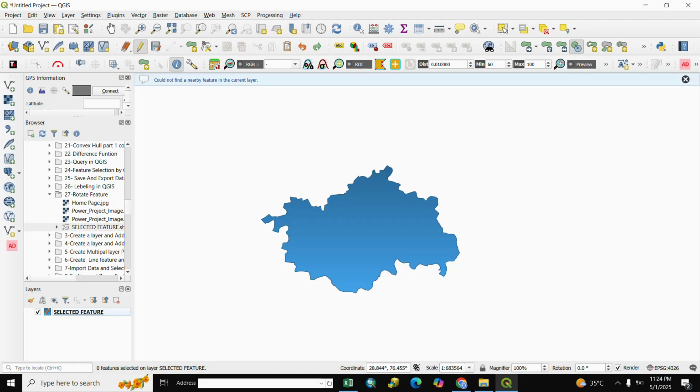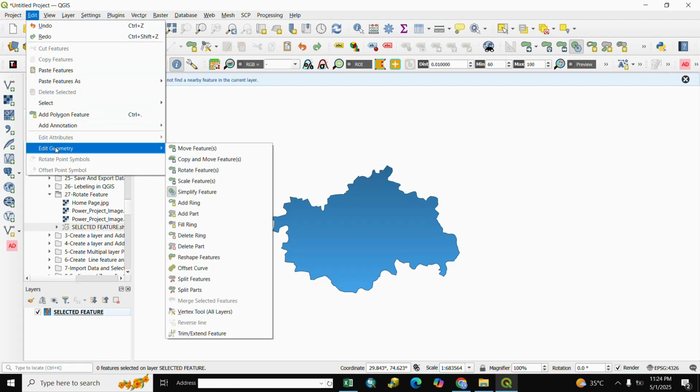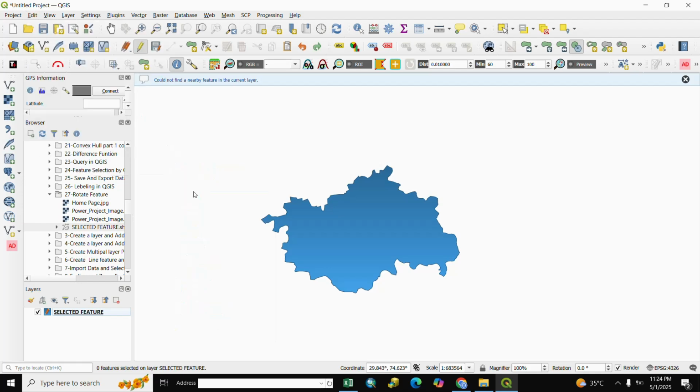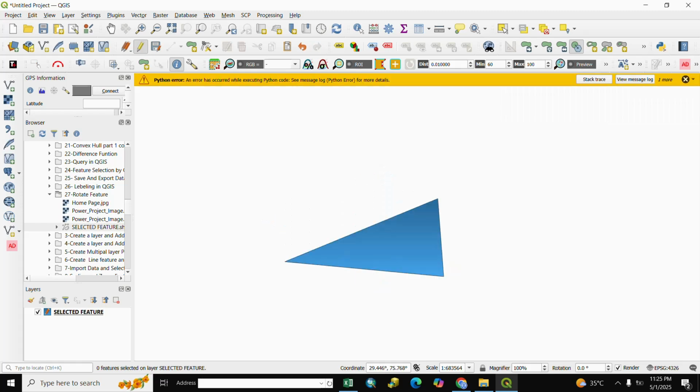Let's start. For the simplify function, we go to Editor. After Editor, we go to Edit Geometry and we select here Simplify Feature. After selection, we click on the polygon and here is our simplify and we modify it as per requirement. Simplify by distance. Here is the distance and OK. Our simplify has changed. If you want to modify it otherwise,